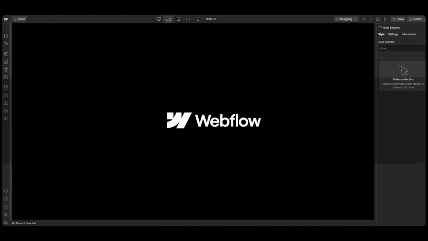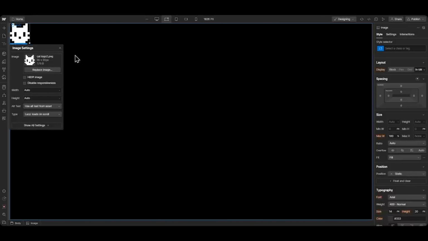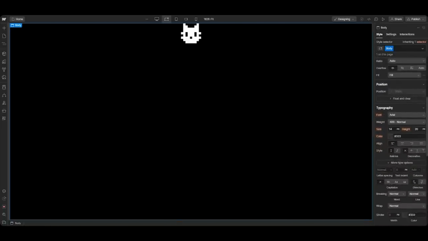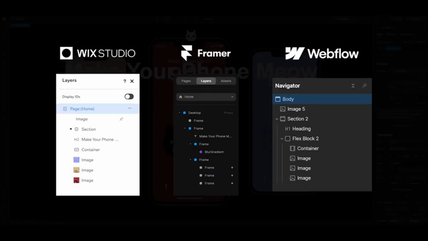Next up is Webflow. Webflow is a type of no-code platform that works with the logic of code. So if I insert my logo here, it places it on the top left, and instead of dragging, I'll have to position it in the center using the right sidebar. The UI can be a little overwhelming, but generally you have all the layout and spacing and sizing sections here. So I'll just repeat the same placement process, and as you can see, the layering looks kind of the same